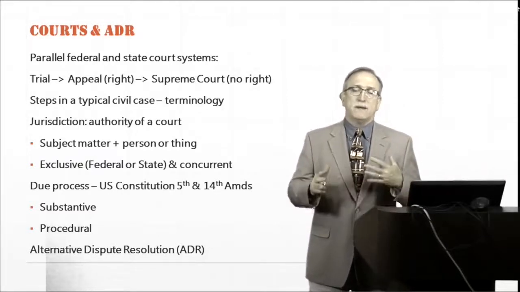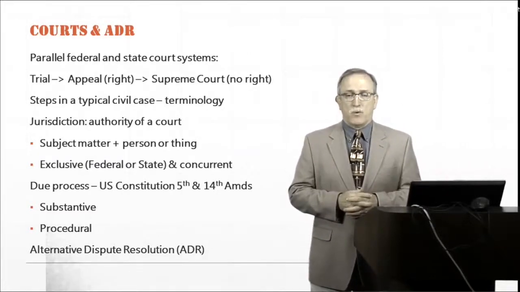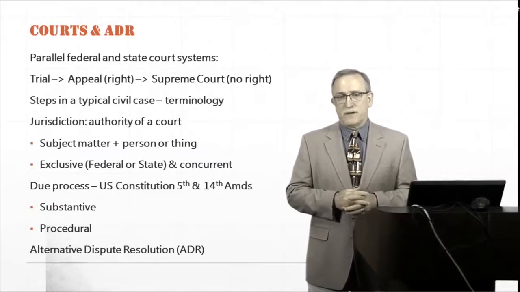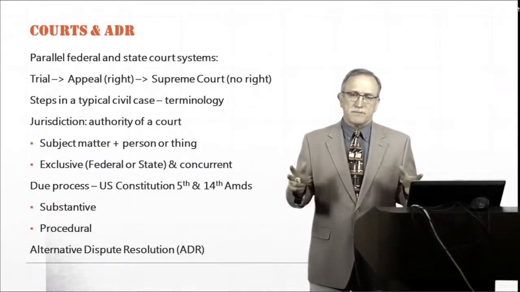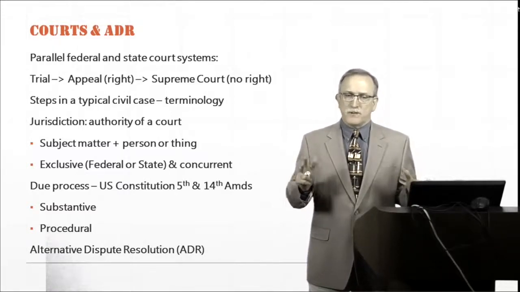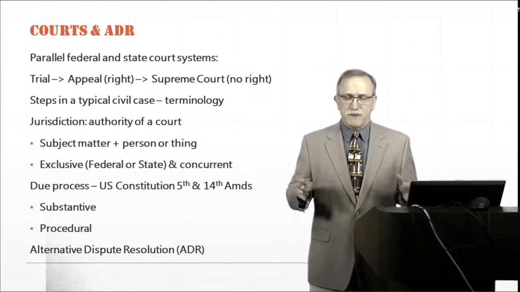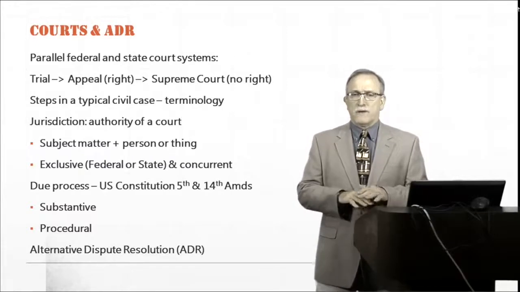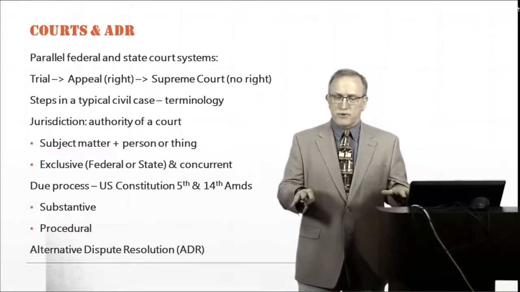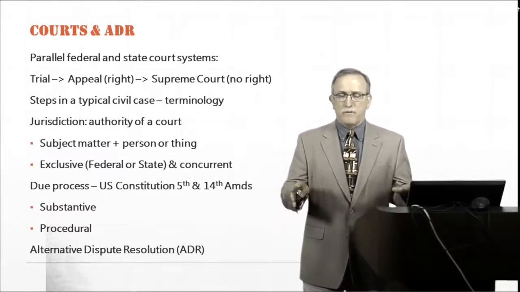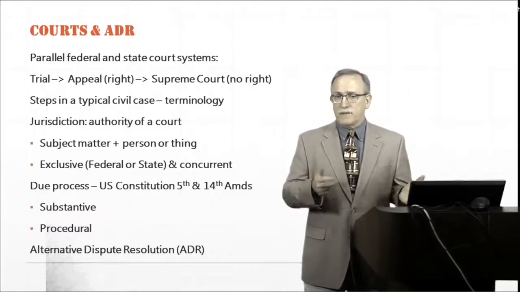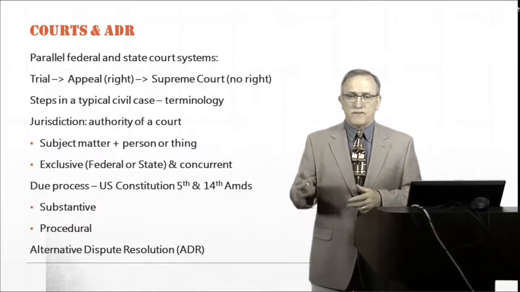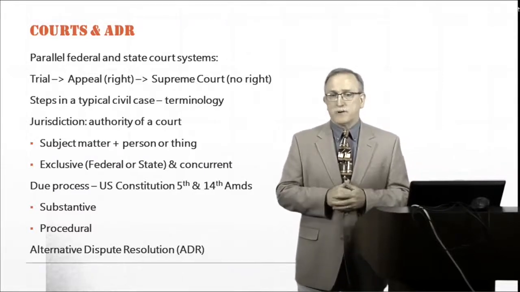There are ways to avoid ending up in court if you're a smart business person, and I'm going to tell you some of those ways to do that. But understand the court systems on the state and federal level are essentially a parallel system. There'll be a court of, let's say, general jurisdiction where most of the cases will go. You would have one right to appeal, normally to the Court of Appeals, for example, in the state of Washington. On the federal level, we call that the circuit courts.